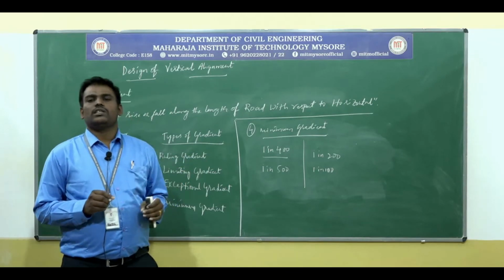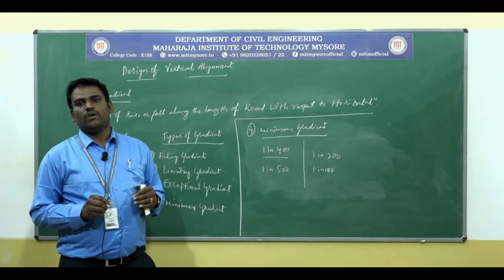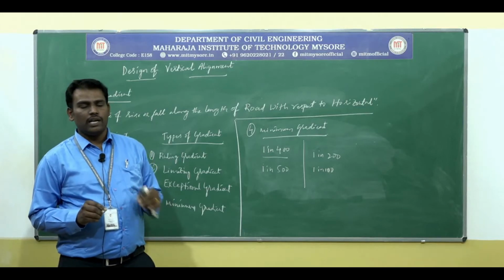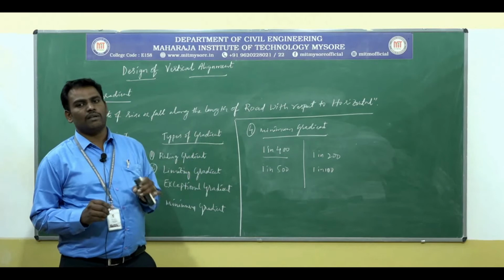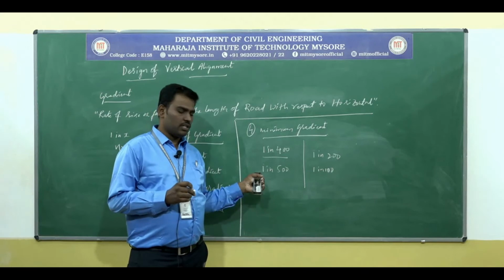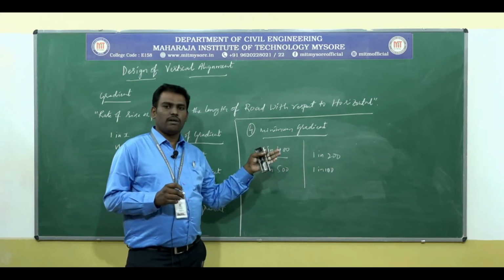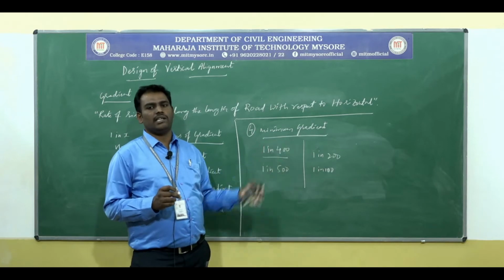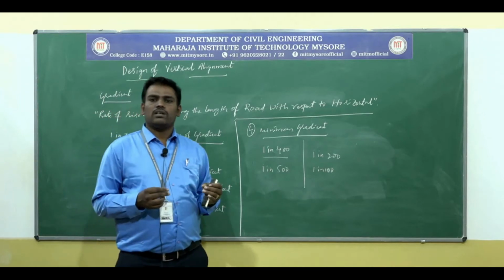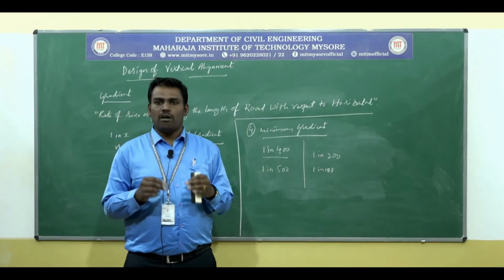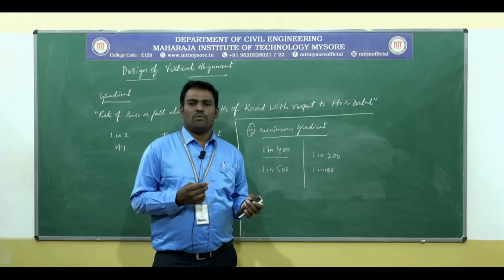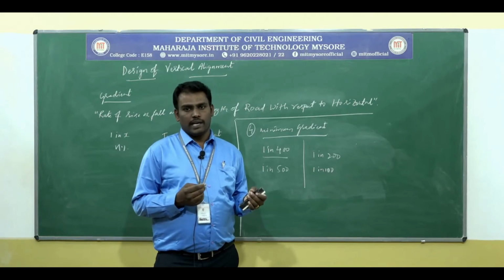This is regarding the minimum gradient, meaning even if the road surface is on level ground, regarding the drainage condition, you need to provide a minimum gradient on the road stretches. Usually 1 in 400 is preferable in most cases for open drains, and for concrete drains it is 1 in 500. If the drains are constructed with inferior materials, then it is 1 in 200, and if the drains are constructed only with soil materials, that is called soil drains, in that case you provide 1 in 100 as the minimum gradient.